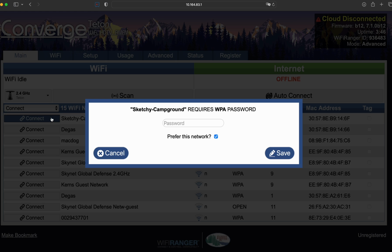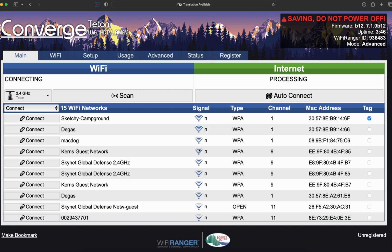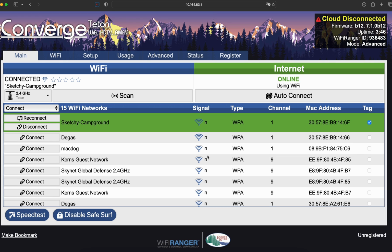So if we hit connect, and I believe the password for this is poor password. That's great. And we're going to connect to that. Was that poor password with capital? I did a capital P. It's got an IP. Okay, we're good. So we're online. Yay. So now that we're online, as long as your firmware on this is up to date, which I'll show you how to do that here in a second,